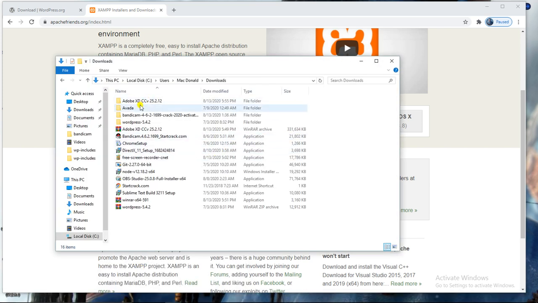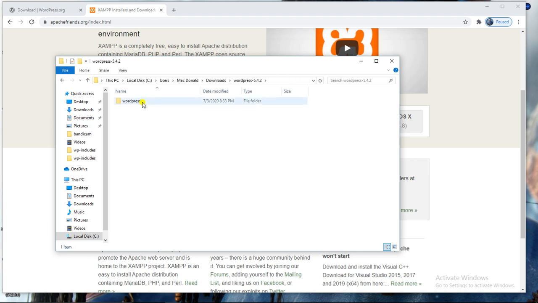So when the installation is done, you could now go to your downloads folder. Now look for where you have your WordPress downloaded, right? And unzip the file. It is currently a zipped file, so you need to unzip it. I've already done that, and this is the result of what I did, right? So all I need to do is click into that folder and grab WordPress, copy,